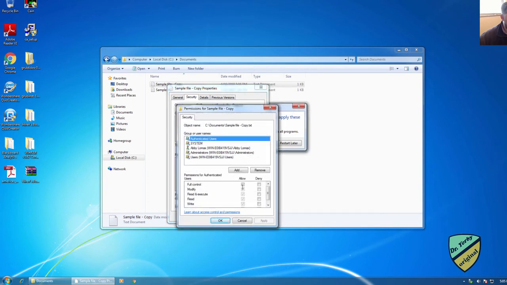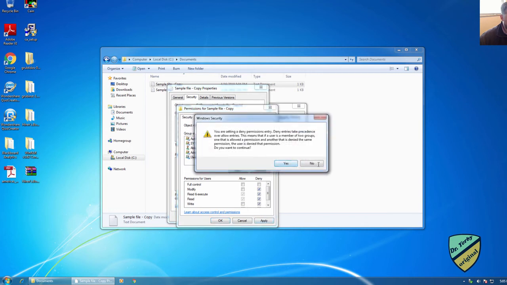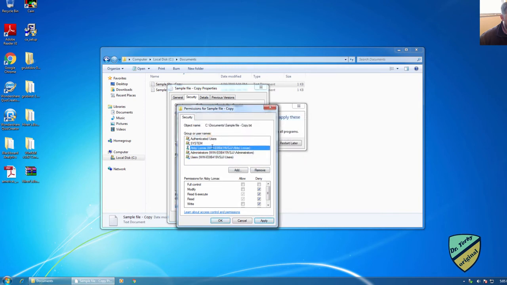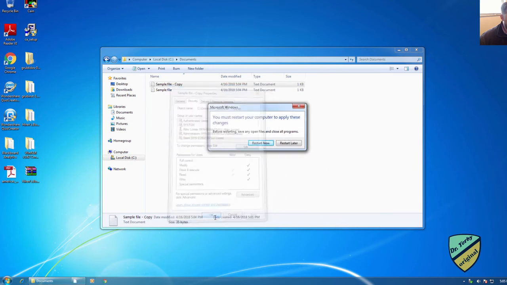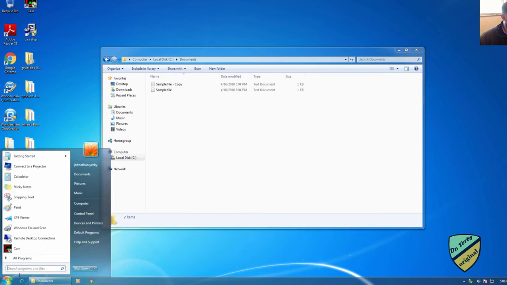Because she's part of the users group, we're going to deny. We'll do deny modify. We'll just set it deny for her. Okay, yep. So even though she's part of the users group, when I try to access that file now, what